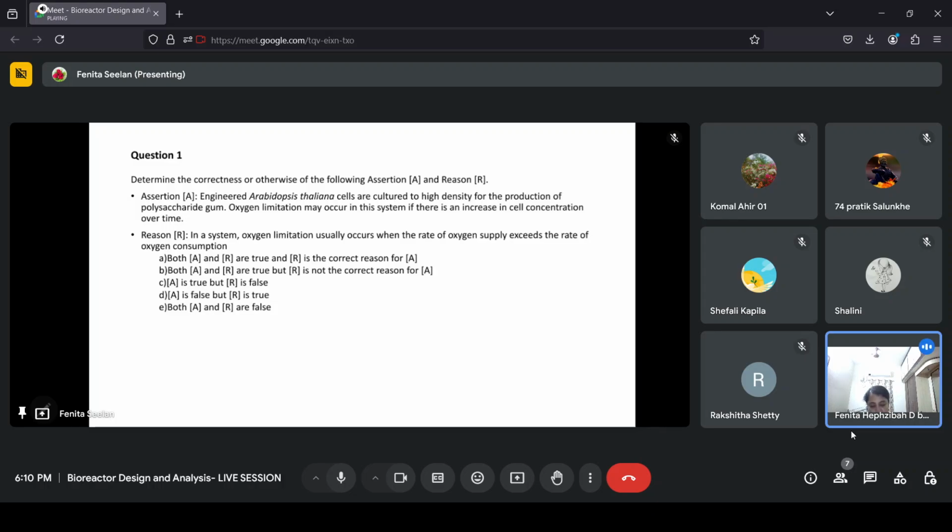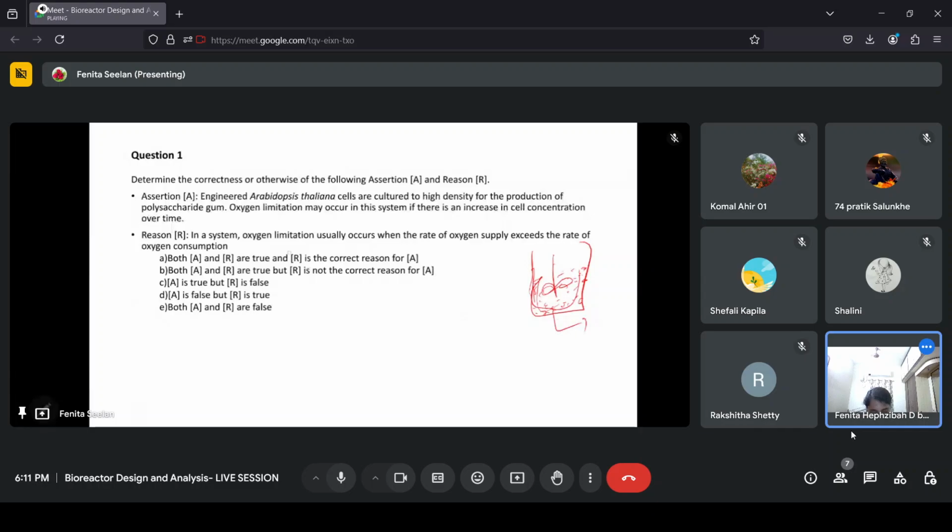So, what was the assertion given here? They are telling that there is a cell culture, plant cell culture growing, and it has high cell density. And they are telling that oxygen limitation may occur if the cell concentration is increasing over time. So, say for example, in a vessel with impeller, if your concentration is rising, say your cell number or what gram per liter of cells is increasing over time, this is going to get viscous. And obviously, when cells are getting aggregated and more cells are present inside, there is going to be oxygen limitation